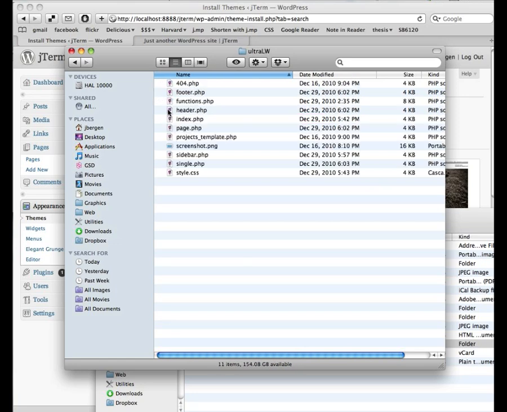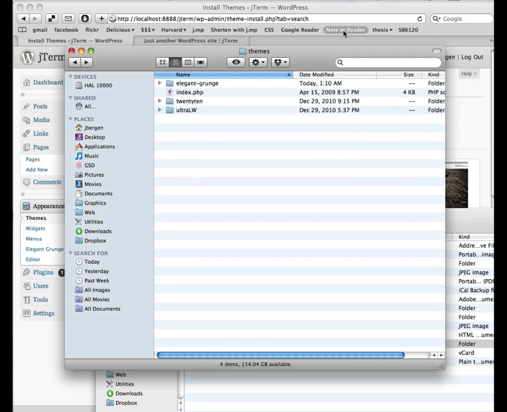But if I look up ultra lightweight here, I have 11 items as opposed to the 26 or whatever they were before in 2010, and even these could be whittled down further. So all I had to do was drop that folder into the themes folder, and if I go back to my